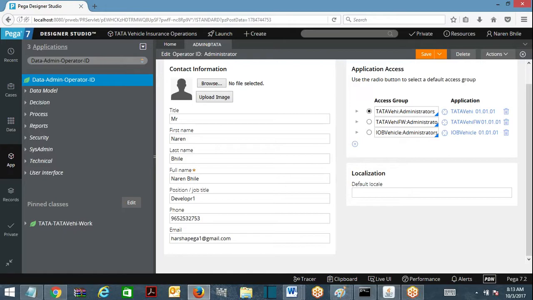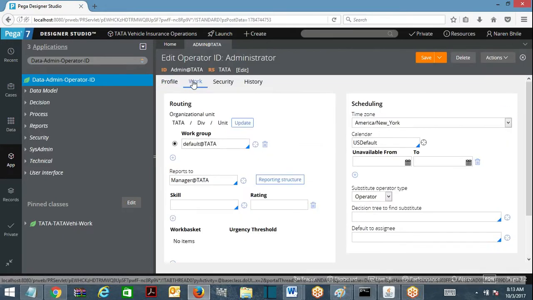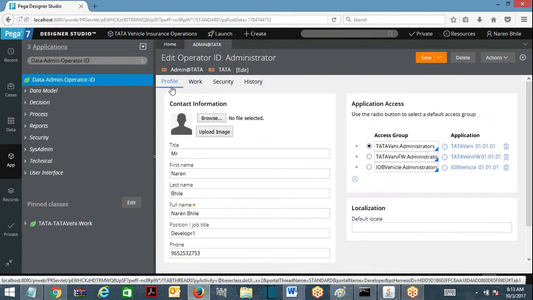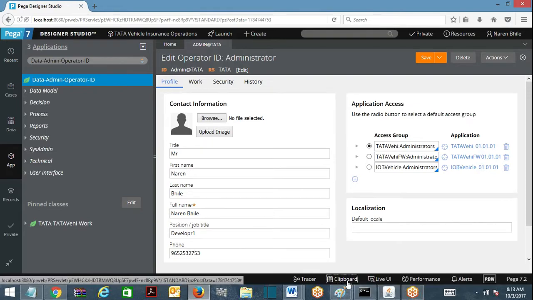Say I want to know the manager of the current operator at runtime, to send an email to the manager. Suppose I am performing some task. After performing the task, or if I am leaving the task without performing it, I want to automatically send an email to the manager of the current operator who has been assigned the task. At that time you dynamically have to read the manager operator ID of the current operator. So you need to read it from the operator page where these properties are available. These values are assigned to which properties on the operator page? We are going to understand that now.